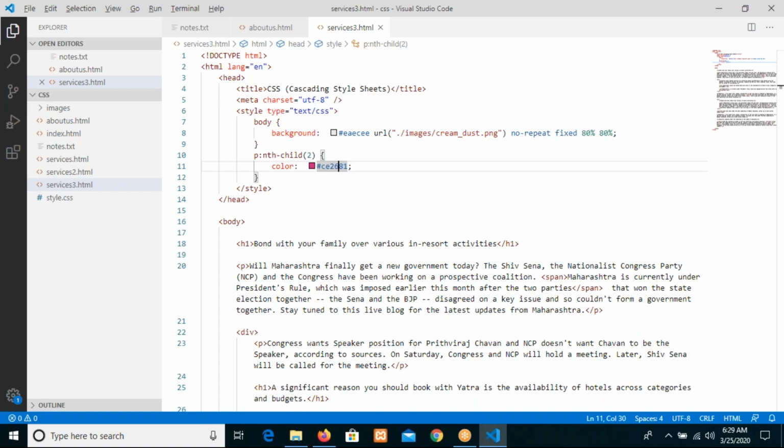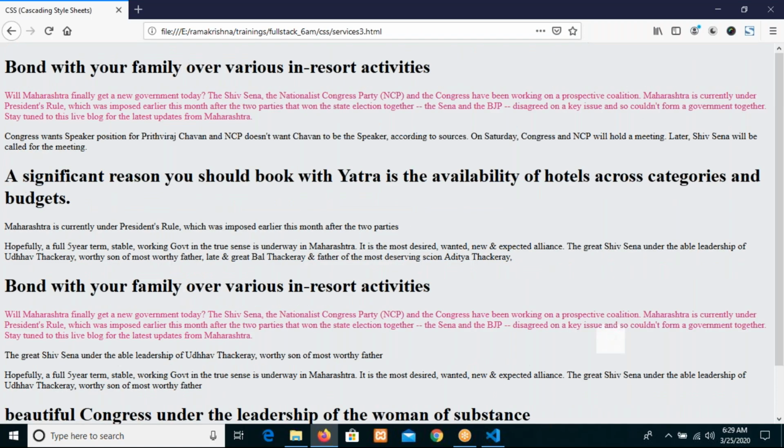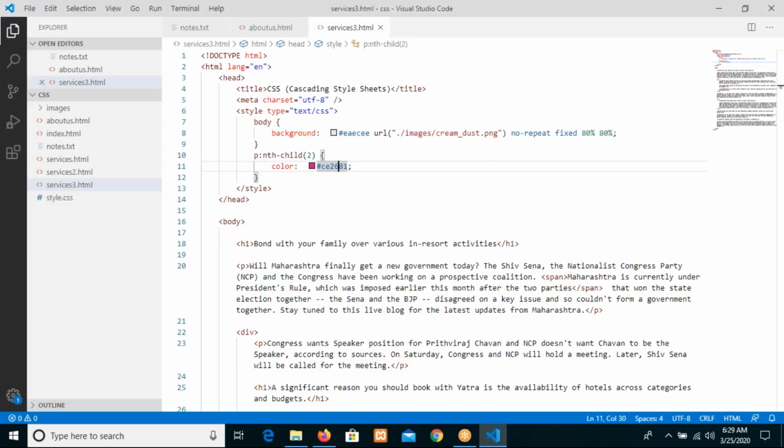Among the number of children, if that paragraph is in the second place, then second element, then apply these properties. Okay, then the same way you can also write here